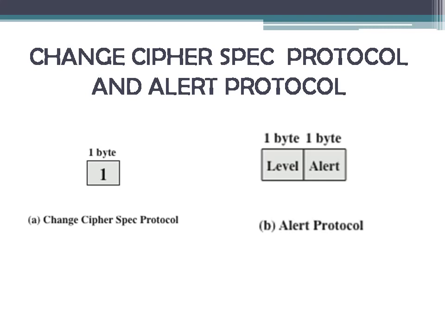The value in this level can either be 1 or 2, where 1 indicates warning and 2 indicates fatal, or a dangerous alert. So we can say that if the level is 1, the connection is safe, but if the level is fatal, then SSL terminates the connection. Similarly, the second byte contains a code that indicates a specific alert. There are different types of alert messages which we will be seeing in the next slide.